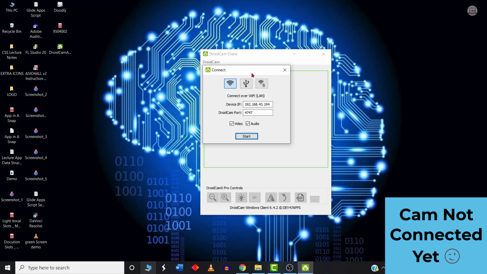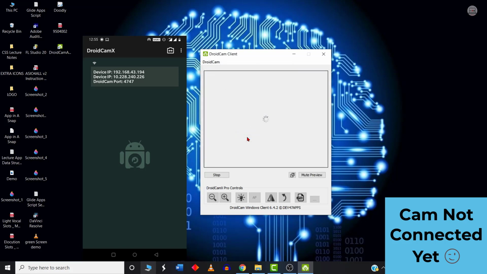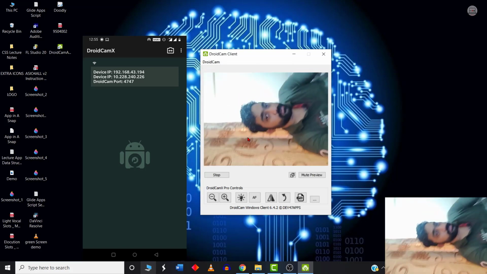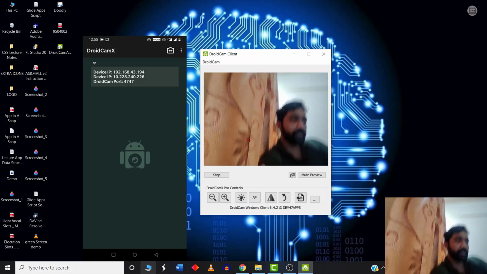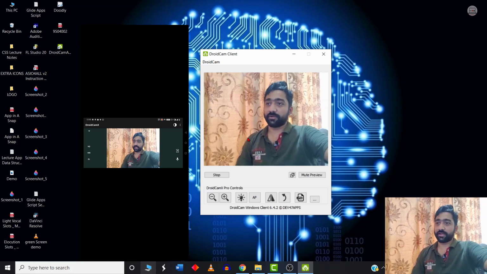Once you open your DroidCam Windows client, next step is you need to open your DroidCam APK as well. And this is how your DroidCam APK looks like. Once you open it, it will show you a few things, for example, device IP, etc. Whatever device IP is mentioned in your mobile phone, the same device IP should be present over here as well. It's as simple as that. And once they are in the same network, simply click on Start. And as you can see, once you click on Start, your mobile phone is now connected with your device. So this is how cool it is.